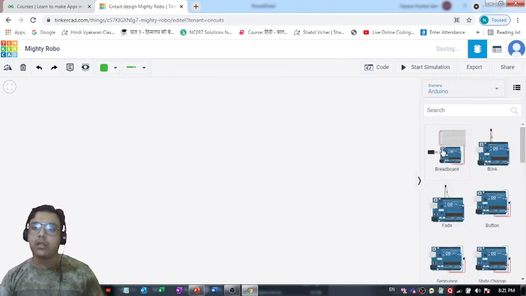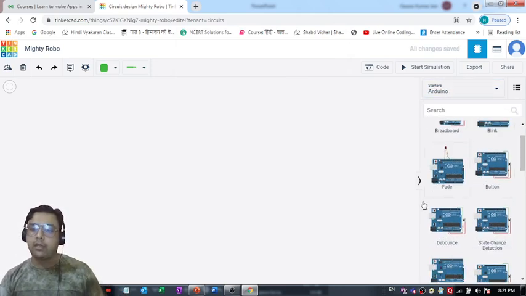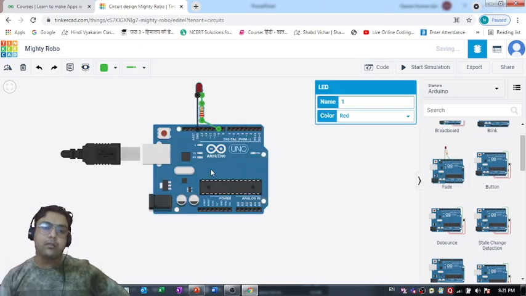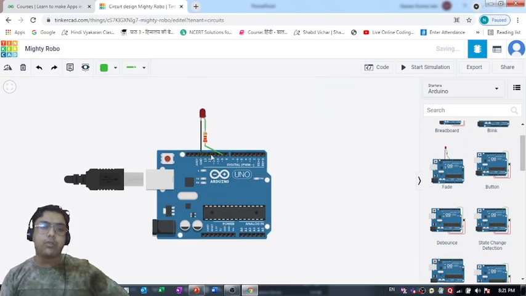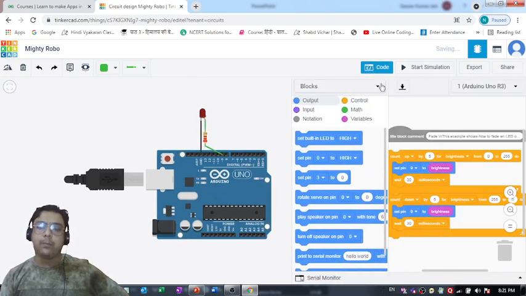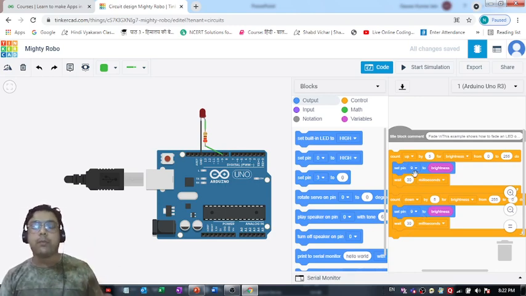Let's come back to this Arduino, and if I select this circuit, let's see whether we can get the code for this or not. If you click on this code option, that's what you're going to come across. So we have the code for this circuit, and it's a predefined code. You do not have to do anything, but with the help of this circuit you can learn to make the connections, and also you will be able to code them very easily, because you have to understand everything first. Try to understand, don't try to memorize. If you memorize, you will not be able to create new things.